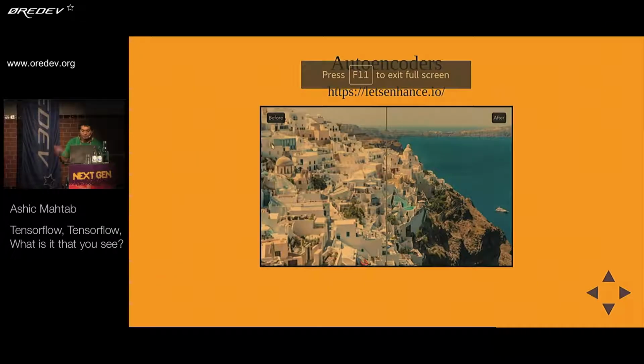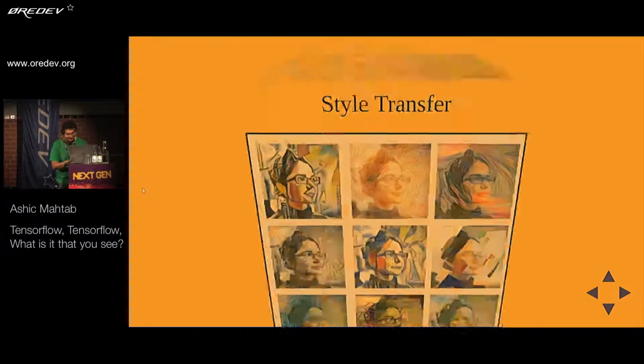OK, autoencoders. This is another use of neural networks. This is actually taking images with low resolution and upscaling them to 4K. This is a website, Let's Enhance. You can literally go there, upload your blurry image, and it will give you a sharper image. It hallucinates the detail in the image based on patterns. That's quite impressive, and it works. I've tried it a few times.